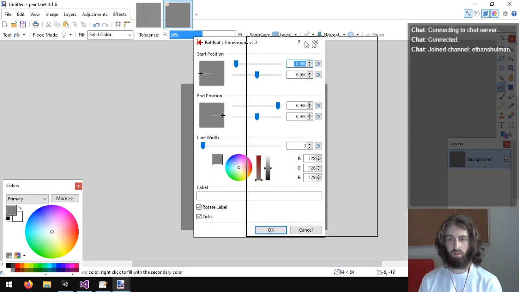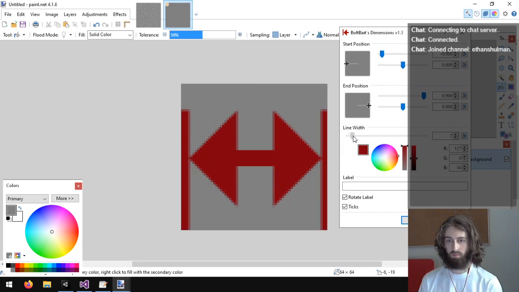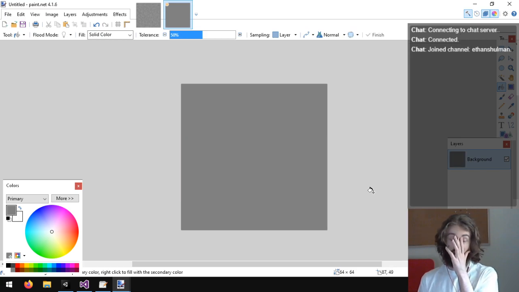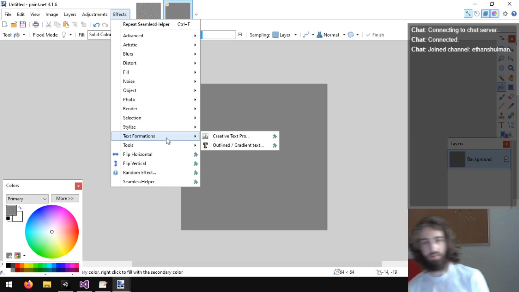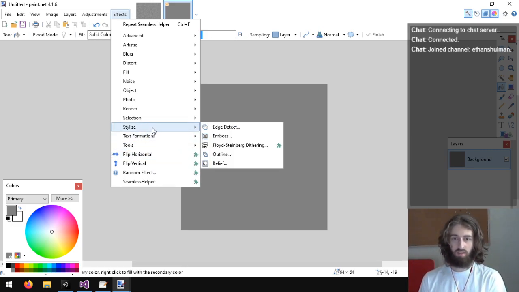Dimensions. Oh, it's for giving a little highlight thing to show how big something is, like the dimensions of something. That makes sense.